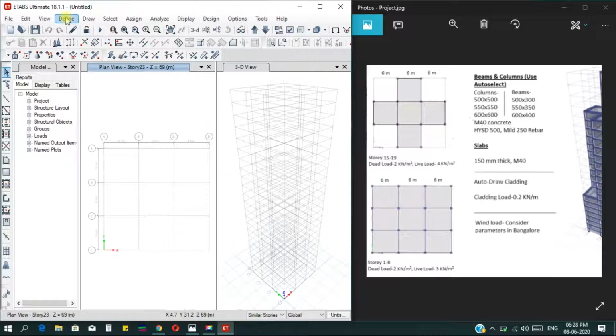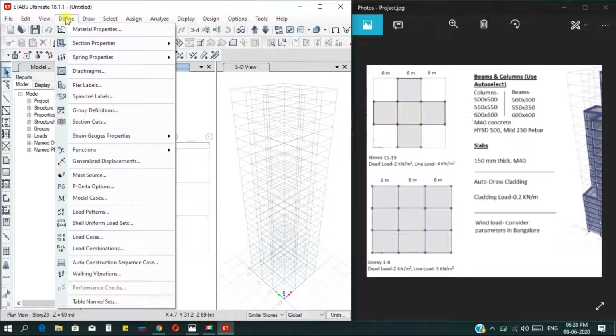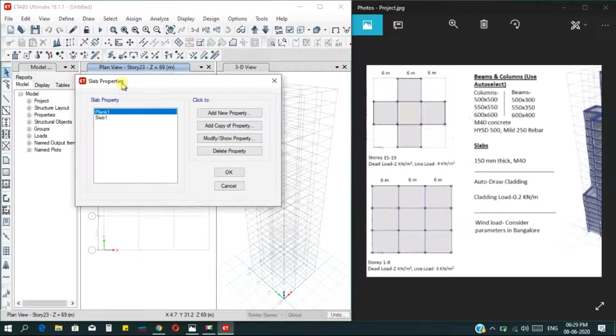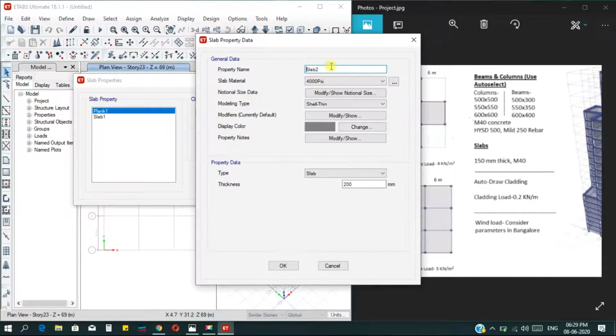Now we have to define the slab element. For the slab element you can go to the properties, then define section properties and then slab sections. Here click on add new property, then slab. Our slab is 150 millimeter, so slab 150, and change its